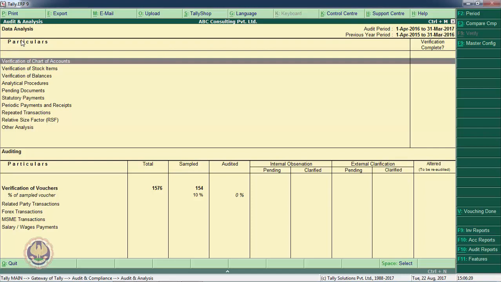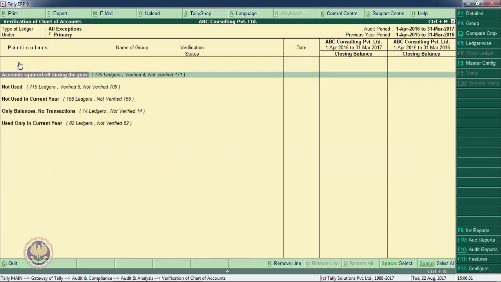These are the data analysis aspects of this particular report. Verification of chart of accounts. Normally the audit process starts with verification of chart of accounts. I am going inside this verification of chart of accounts. Let us see what is there inside this particular menu. Accounts squared off during the year. Accounts squared off during the year generally attract auditors' attention because many times mistakes or frauds are committed deliberately using the squared off accounts. Means there was some opening balance and the account was made zero at the end of